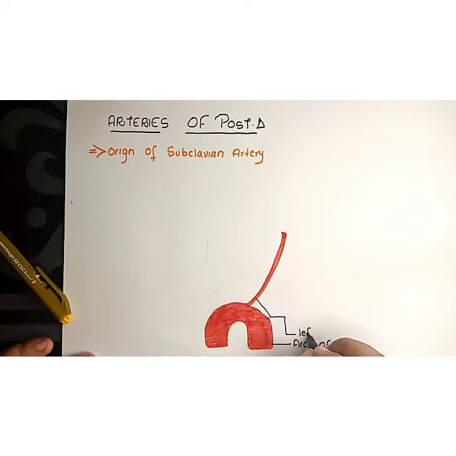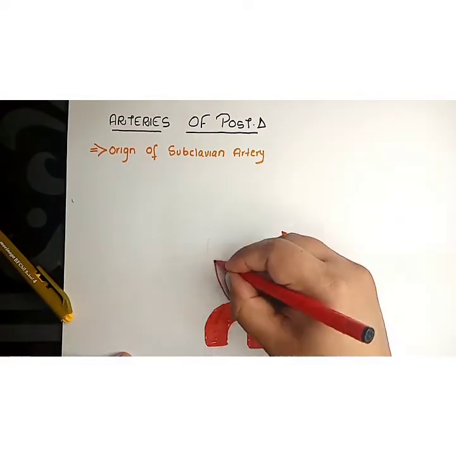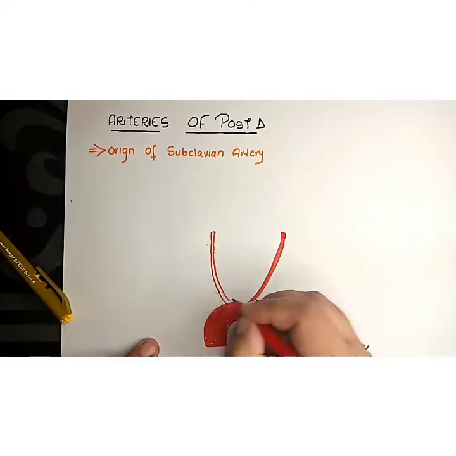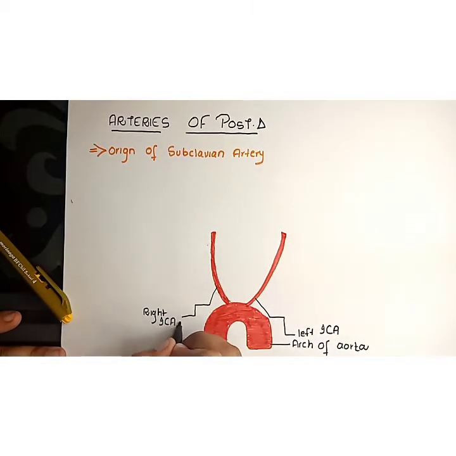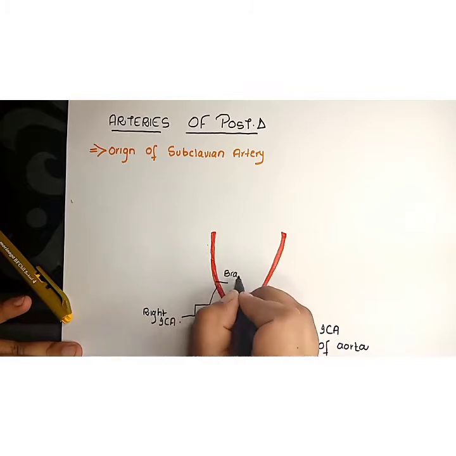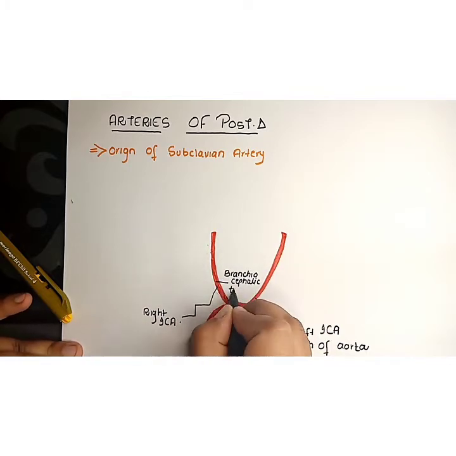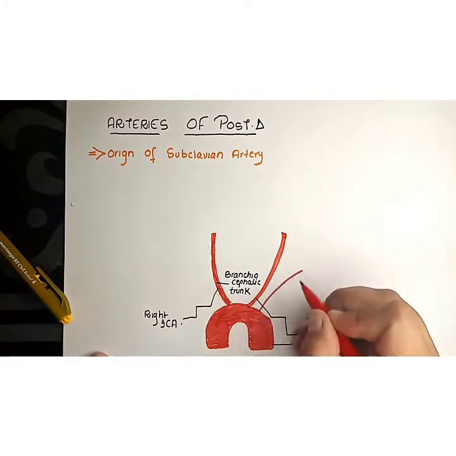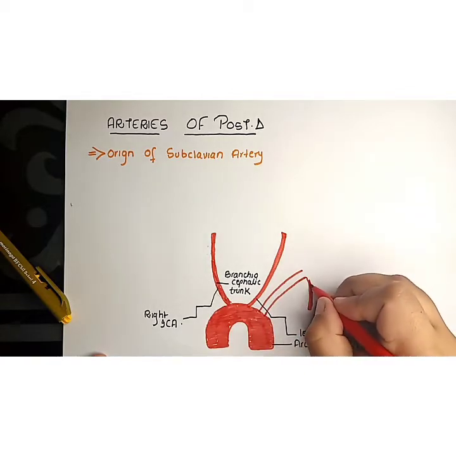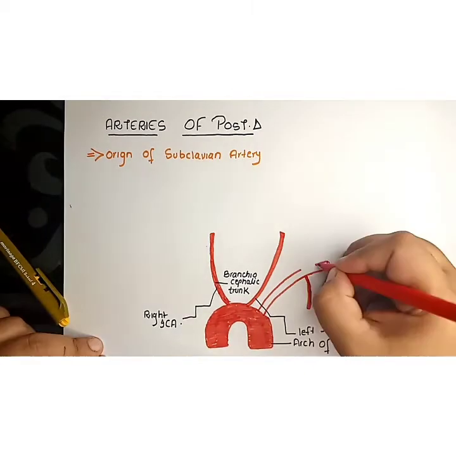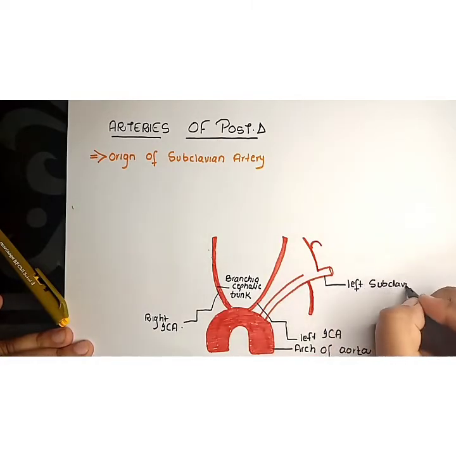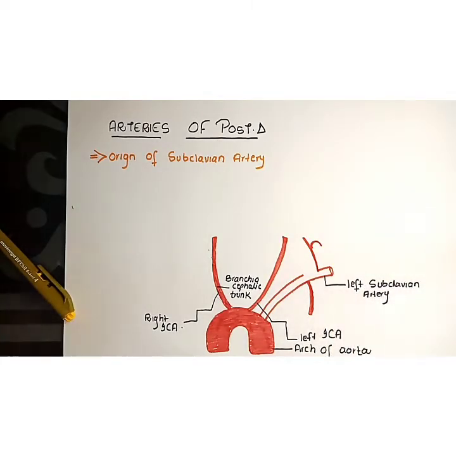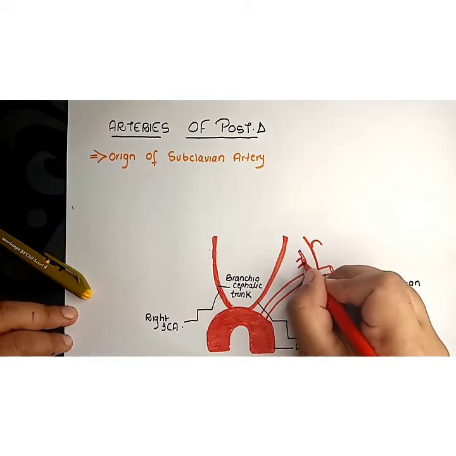Basically, there are two internal carotid arteries, the left and the right, and above the right internal carotid artery is the brachiocephalic trunk, and the left subclavian artery arises directly from the aorta,